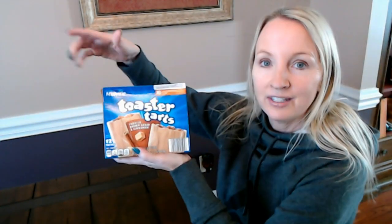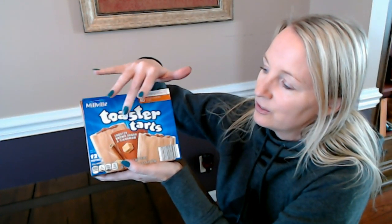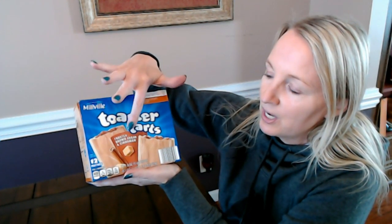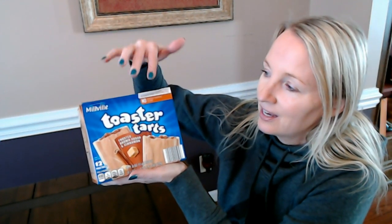And then finally, the last item I have to show you today is Millville Toaster Tarts. And this is what I meant to grab when I went to get the chocolate ones. I wanted some frosted brown sugar and cinnamon and chocolate. Well, the chocolate Pop-Tarts apparently were mixed in by mistake. They were sitting all amongst the toaster tarts. So I just grabbed them, and these are